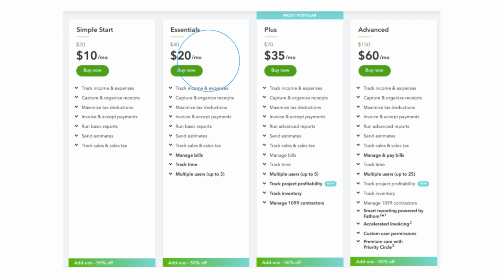If you sell physical products, then QuickBooks Online Plus is the version you'll need. It's designed to handle inventory management. Additionally, with QuickBooks Online Plus, you can track your profit by project. Now, Advanced is aimed more towards medium-sized businesses. It allows up to 25 users, offers customized access by role, and provides features like batch invoicing, automated workflows, and